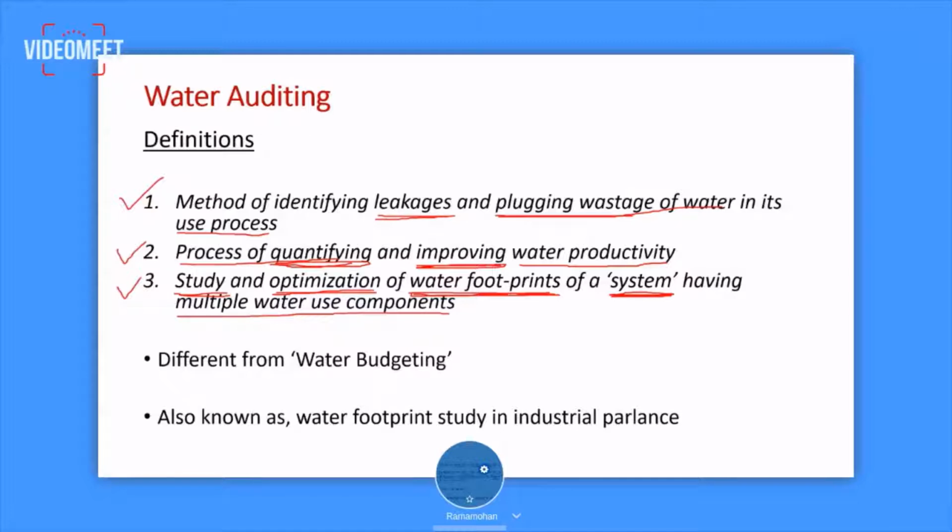So these are different definitions which are from different perspectives. One may be in the context of industry, one could be in the context of an urban and agriculture perspective. But all these definitions point us towards the difference between the water budgeting and water auditing. Let us take the case of